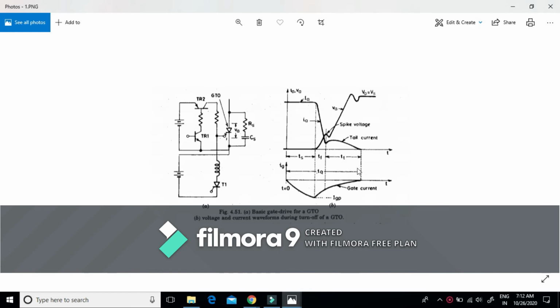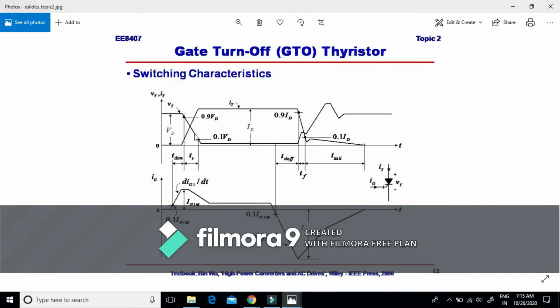In order to explain the switching performance of GTO, let us consider this basic gate drive circuit for a GTO. This basic gate drive circuit consists of two transistors TR1 and TR2. These both transistors TR1 and TR2 are used to provide the positive gate current during turning on period of GTO, while this thyristor T1 is used to provide the high amount of negative gate current during the turn off process. This is the detailed switching characteristics of this